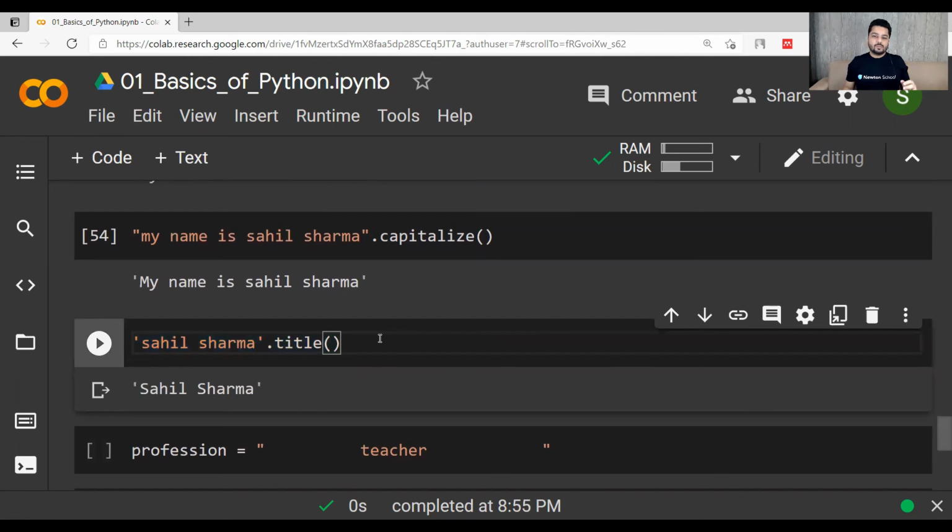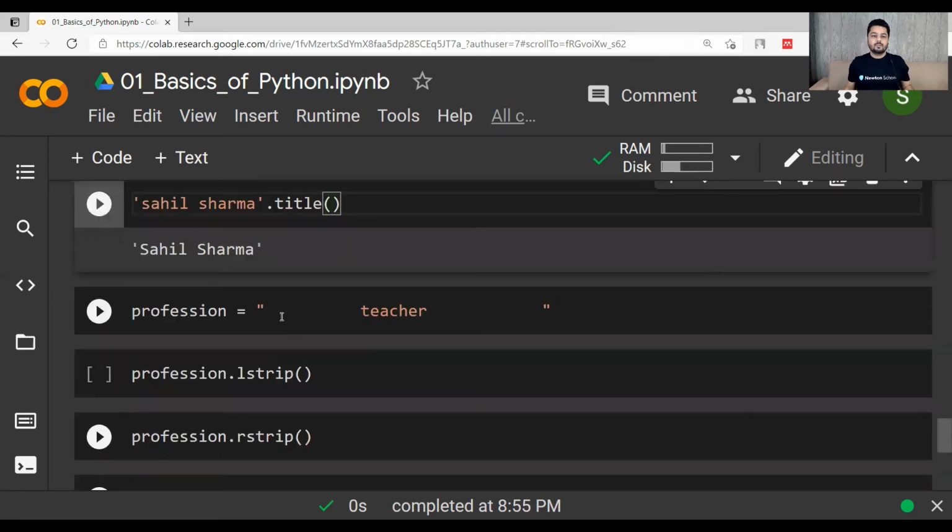So I have written this particular thing again because this function will be very helpful for you. Let's say you have a data set of 1,000 names, and the names might not be written in this format, with the first letter of the first name and second name capitalized. You can combine them into a single unit, and I will teach you how to do that. Then the dot title function can be applied. Let's say there is a list of names, and you put a dot title on the list. All the names within the list will be capitalized with the first character of the first and second name.